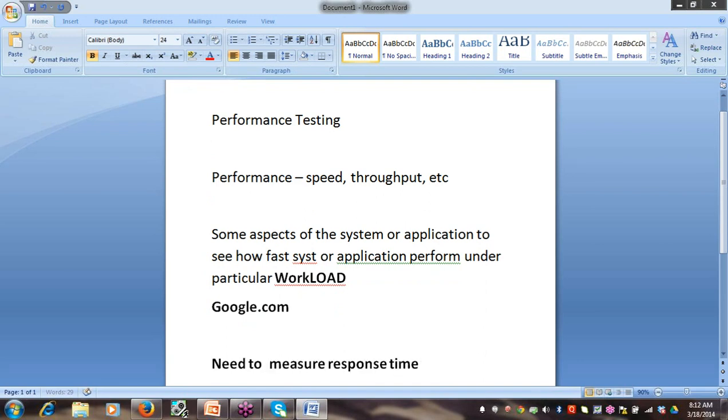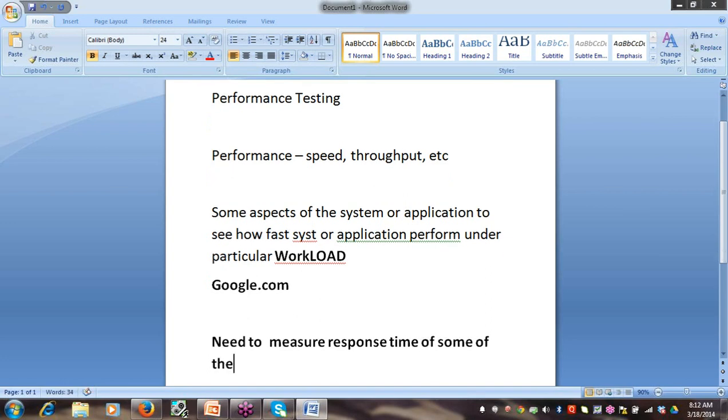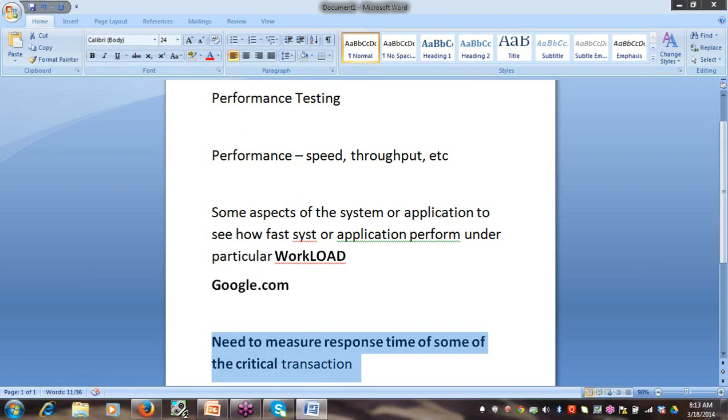We need to measure the response time of some of the critical transactions. Even this word transaction, we will see what it means. Now, what is response time?